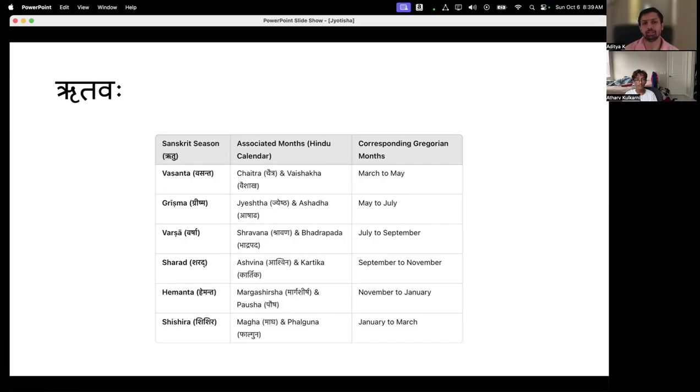For example, what does septa mean? Septa means 7. Octa means 8. So September is supposed to be the 7th month of the year, but it is not. It is actually the 9th month of the year. And October should be the 8th month of the year, but it is actually the 10th month. Why is this? Because Julius Caesar came in and introduced 2 new months called June and July that are named after himself. So originally there were only 10 months in the Western calendar as well, and this perfectly coincides with these ritus as well.